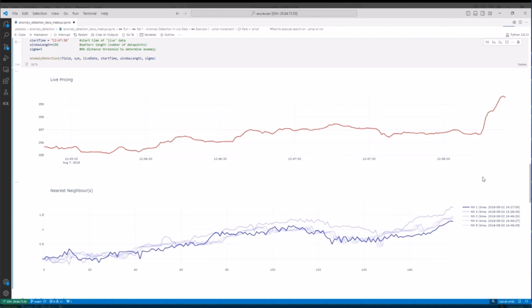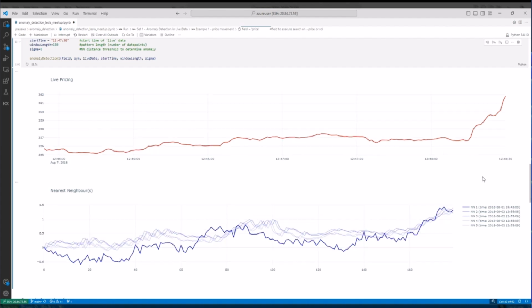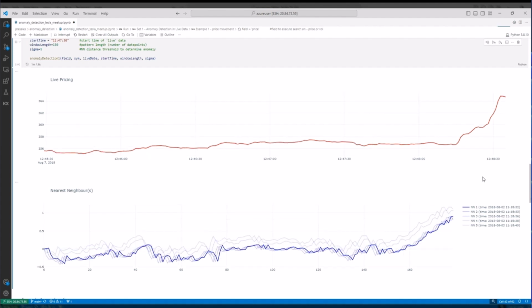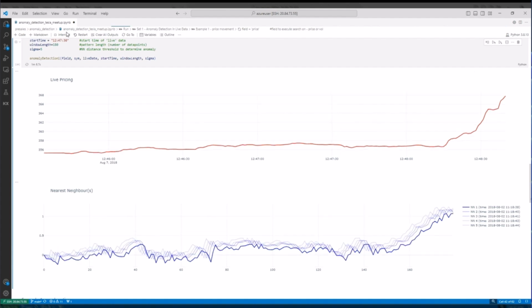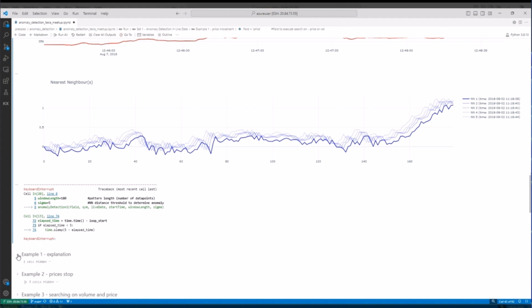So you can see that we've just managed to identify an anomaly here in that our live price pattern is a certain distance away from its nearest neighbors. And so we're identifying it as anomalous behavior and highlighting it in red. So if I just pause this, we can go down and take a look at the explanation of what's